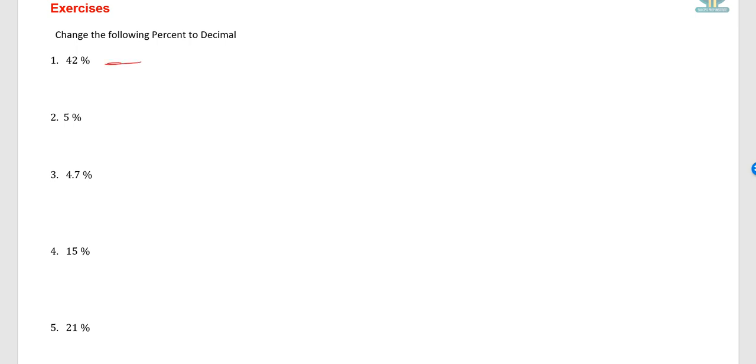So that gives me 42.0, right? Move the decimal to the left, so you end up with 0.42, 0.42, and the percentage sign